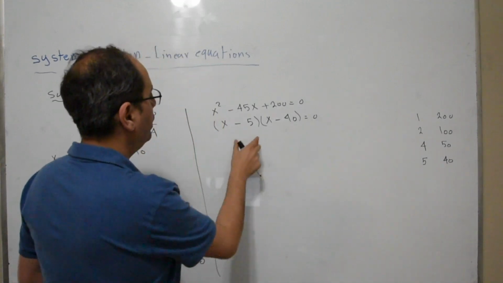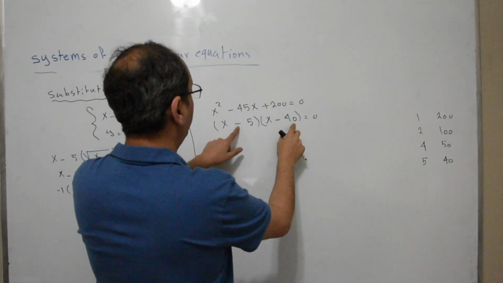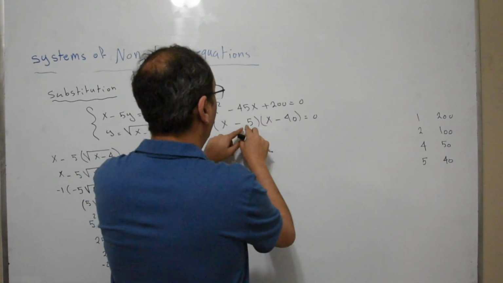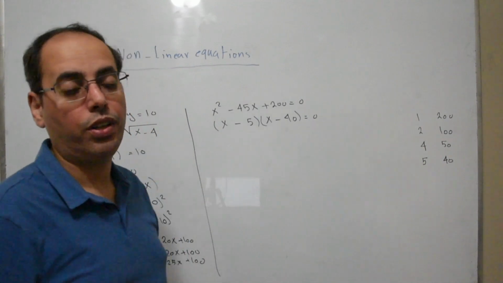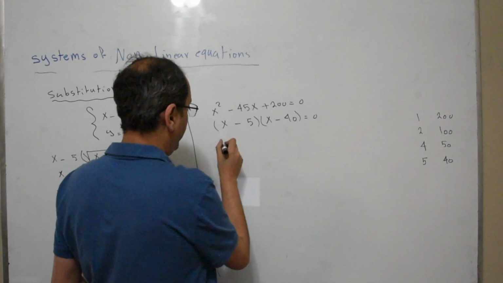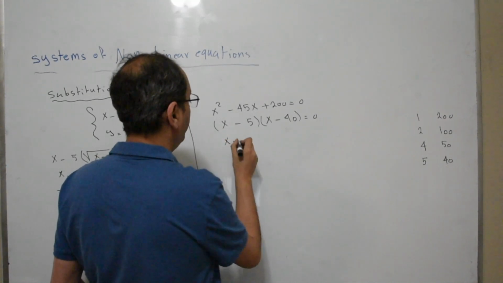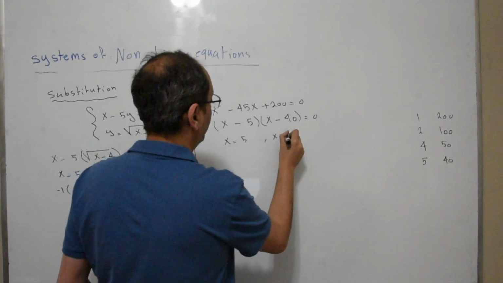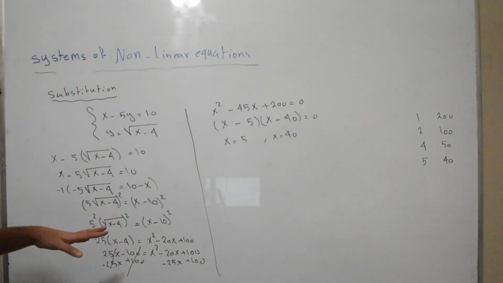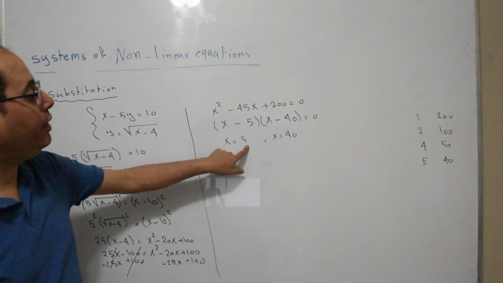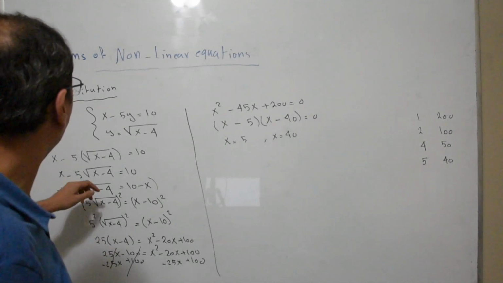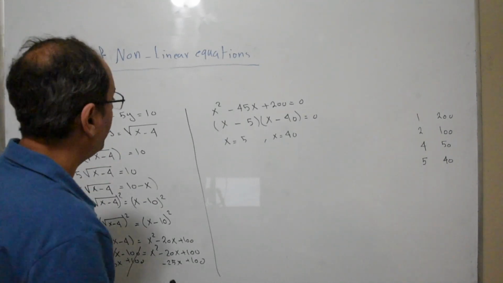Okay, now, negative 5x and negative 40x is negative 45, and negative 5 times the negative 40 is positive 200. Alright, so now I have two values of x. I have x equal 5 and x equal 40. Now, I have two directions of solutions. I check when x is 5 and when x is 40. So I'm going to check in the first equation here. Okay, when x is 5,